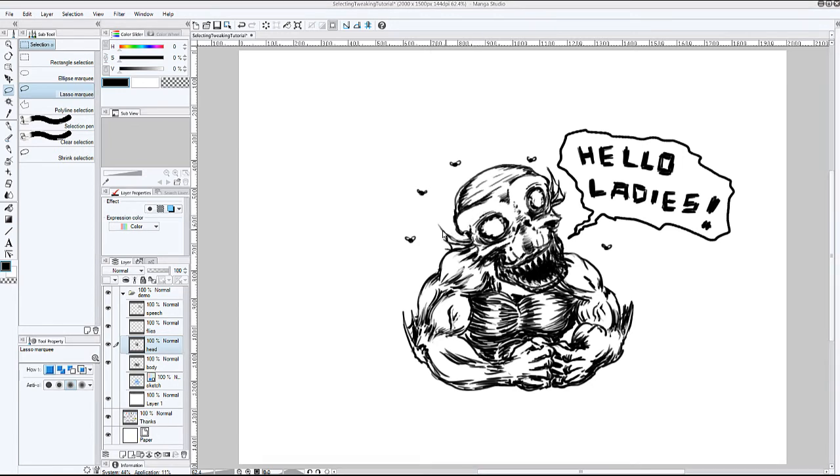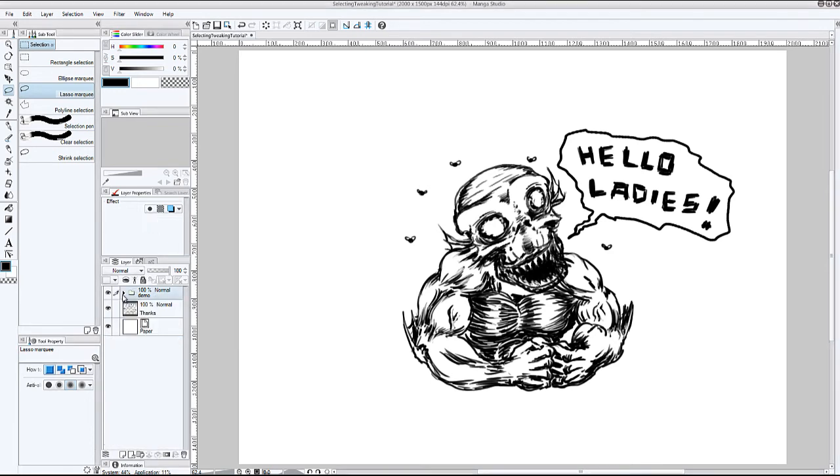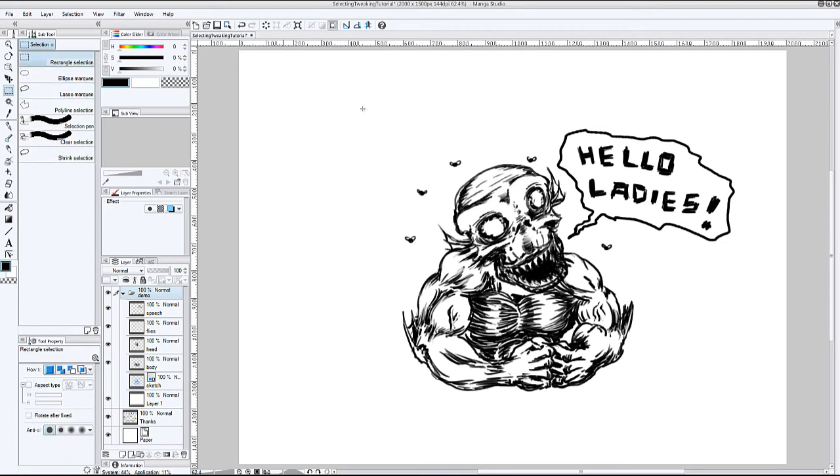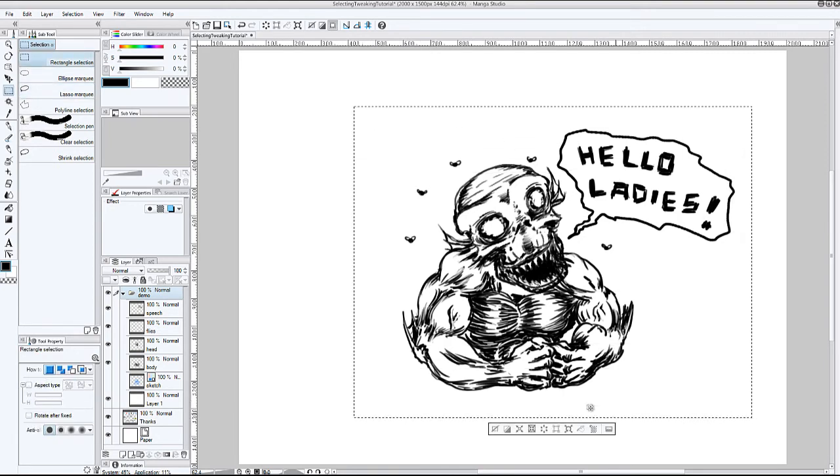Another interesting aspect of tweaking and adjusting digitally, I think this works the same in Photoshop as it does here, just interesting to note it also works in Manga Studio. You'll notice that I have a folder set up here, and all the layers you see here with the images on them are actually contained within the folder. So that's useful for organization, but what I wanted to mention here is that if you select the folder itself, not the individual layers, but the folder, and then you go to your selection tool, like so, grab it all,